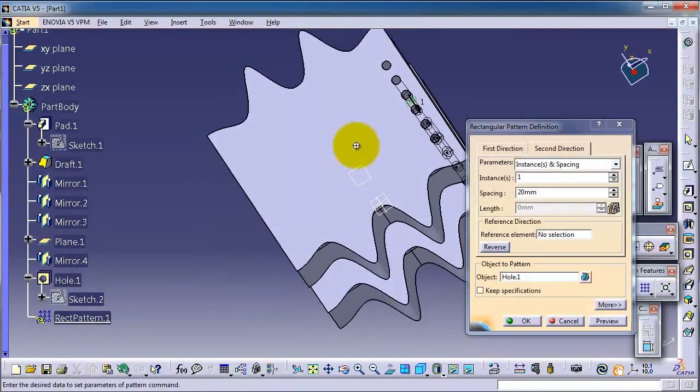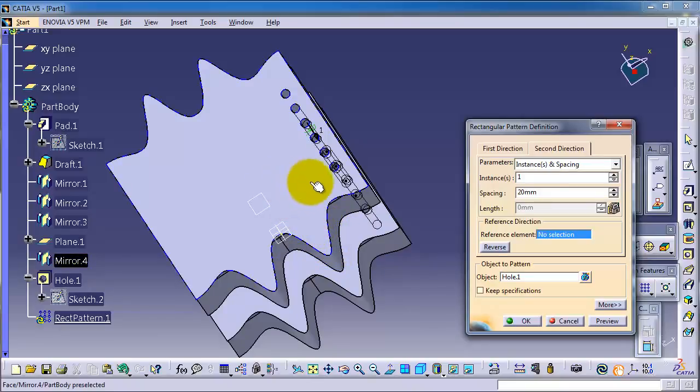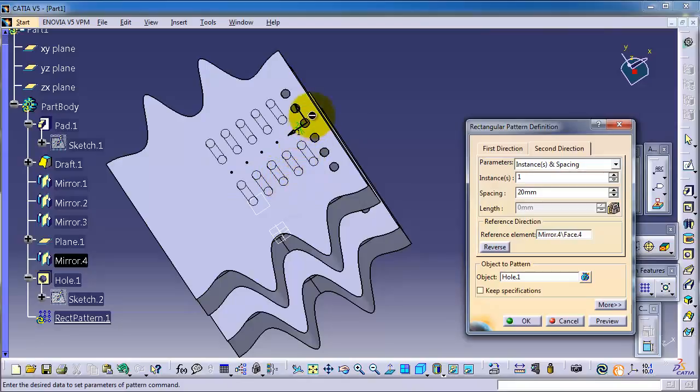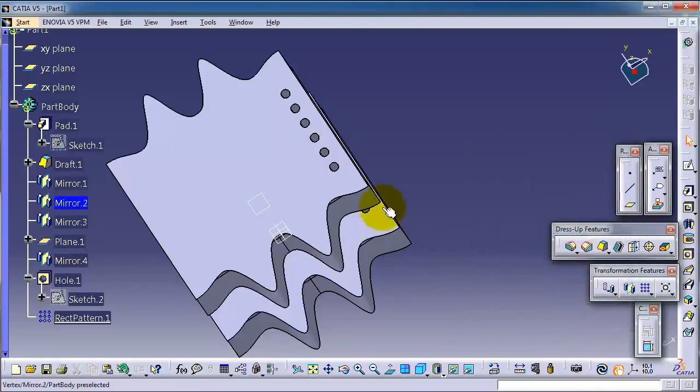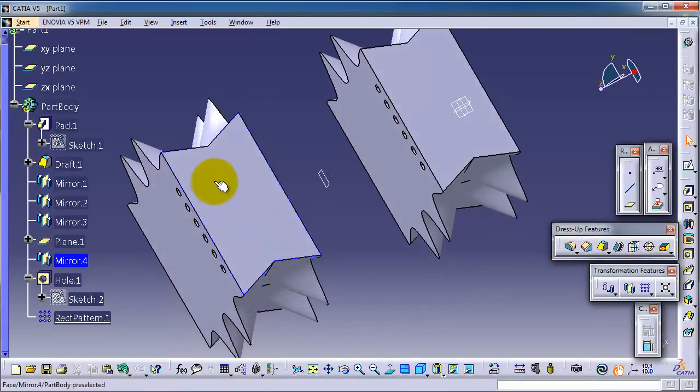Here I'm going to show you, this edge is not a straight edge, so it's not going to select this. If we try the reference element and try to pick this edge, it's unavailable. If you pick on that place, it gives you a pattern on that face, but we don't want to use that face. We can just click cancel here, and I'm going to show you the second direction